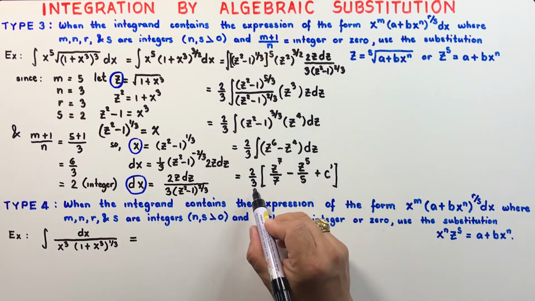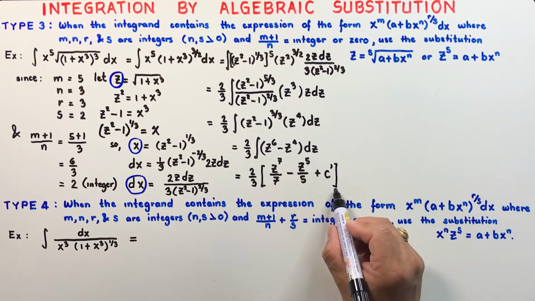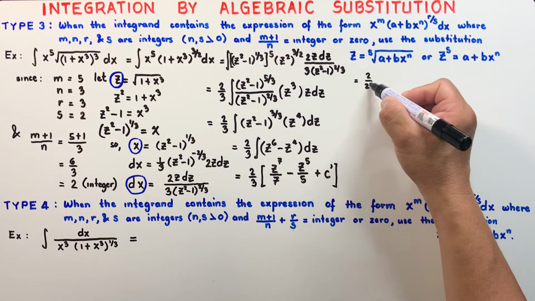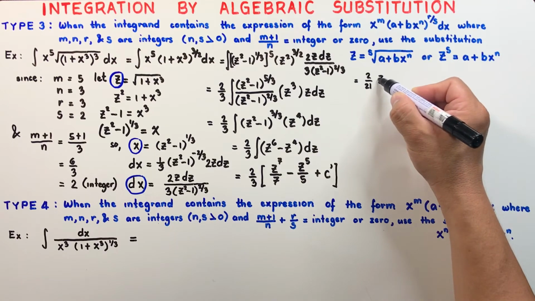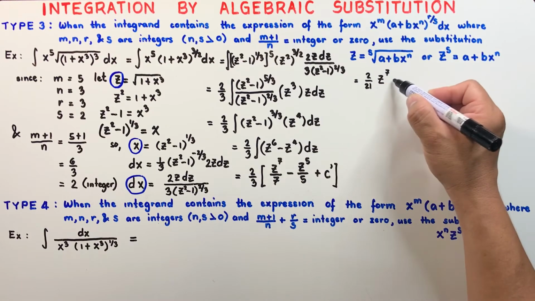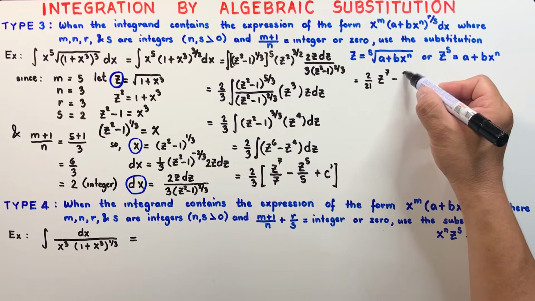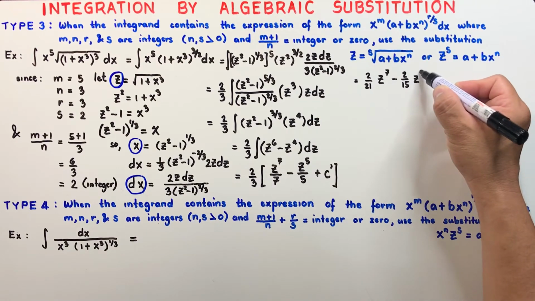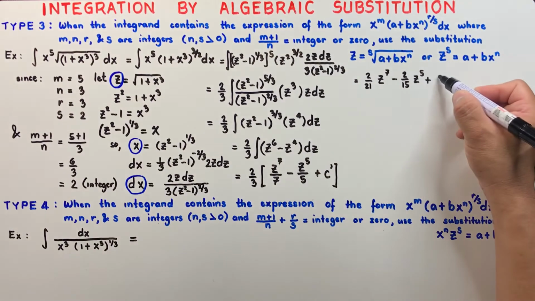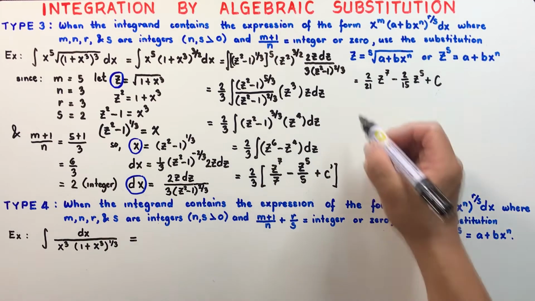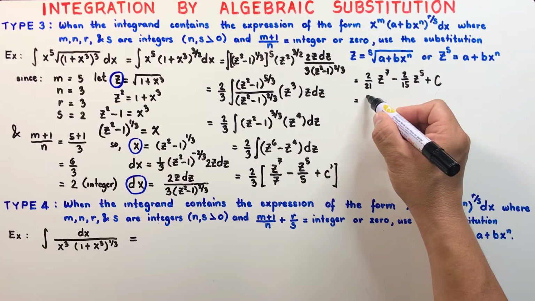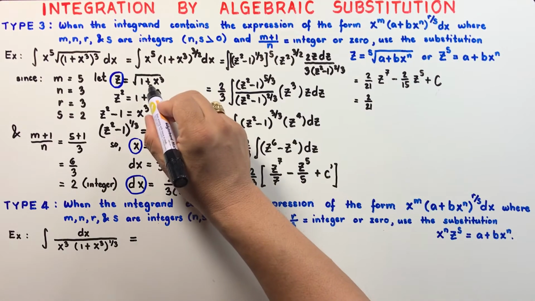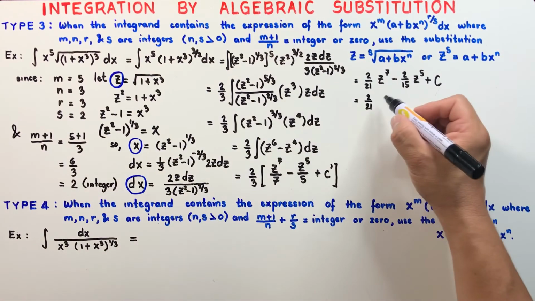So distributing this 2/3 for this expression here, we have 2 over 21 times z to the power of 7. And this is subtracted by 2 over 15 times z to the power of 5 plus the constant of integration c. So substituting back our value of z, which is the square root of 1 plus x cubed, we have